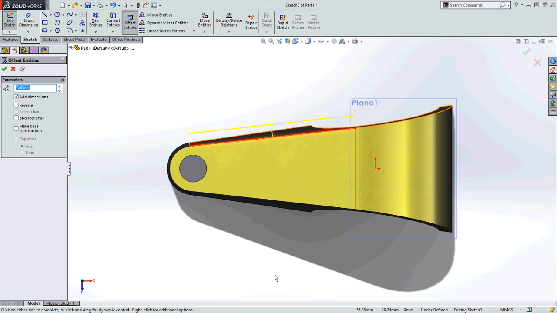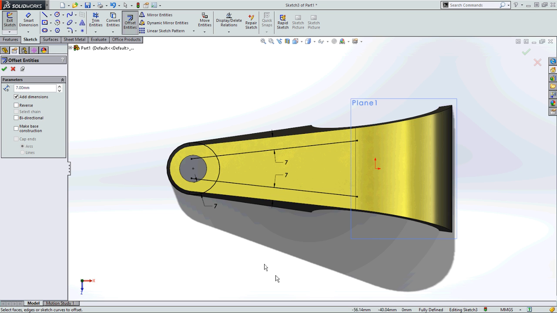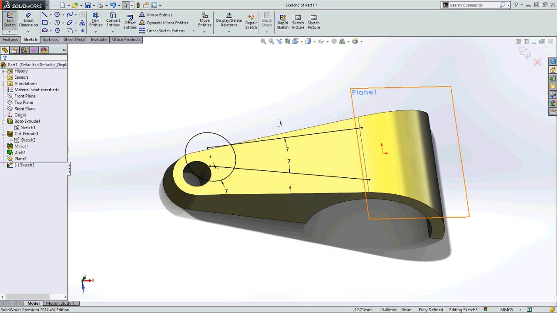See the little arrow? Hopefully everybody can see that little arrow flipping back and forth. It saves you from having to hit the reverse button over here. Just move your mouse to either side, and it'll offset that for you. So I'm going to offset to the outside, and again offset that one to the inside. Then this guy right here, I want to just borrow this edge, so I'm going to convert that into sketch